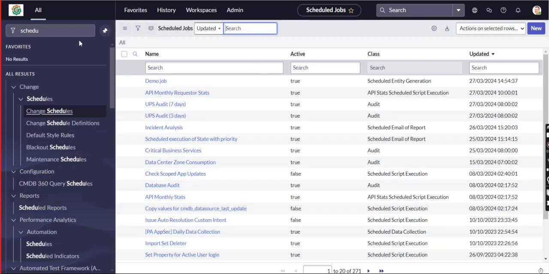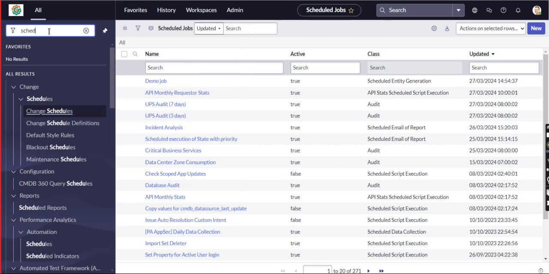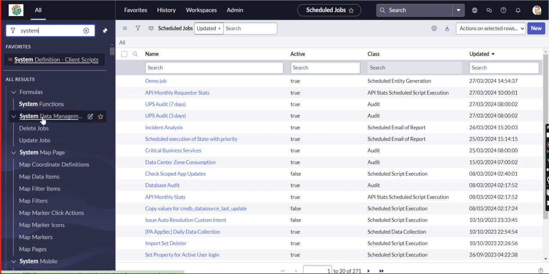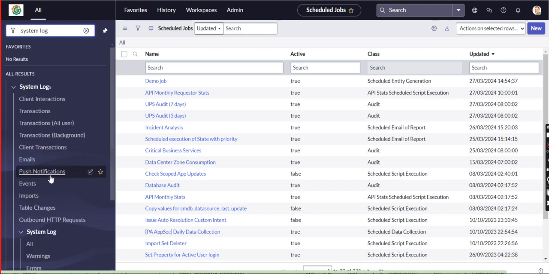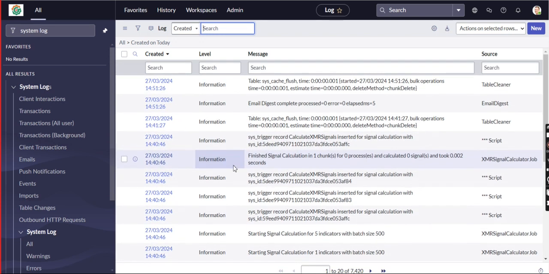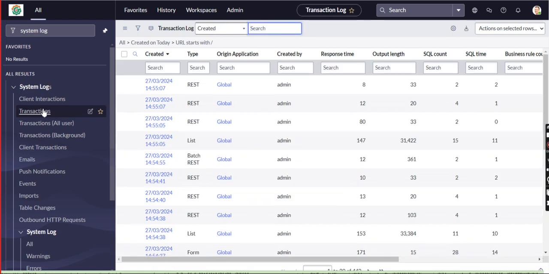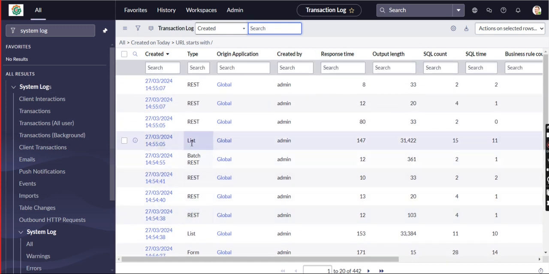Let us check system logs. 251.26. Transactions, client transactions. Yes, 255 list is there, REST is there.